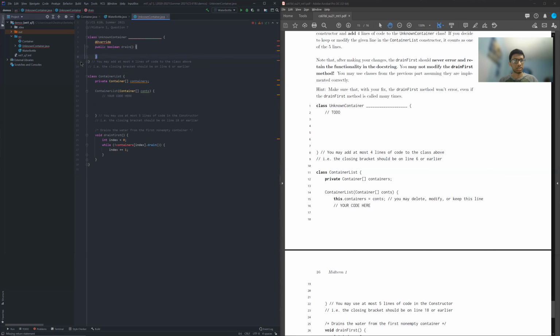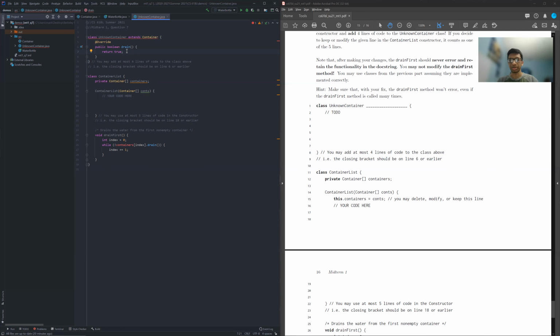We want to basically change drain of this container. Then we're going to return true. Nice. And then in this, similar to the previous question, because we were dealing with classes, we're going to extend container. Well, hold on. IntelliJ is clearly showing that there's an issue with that. And of course, in the exam, you would not have IntelliJ, so I'm not just going to hover over IntelliJ and give away the answer.